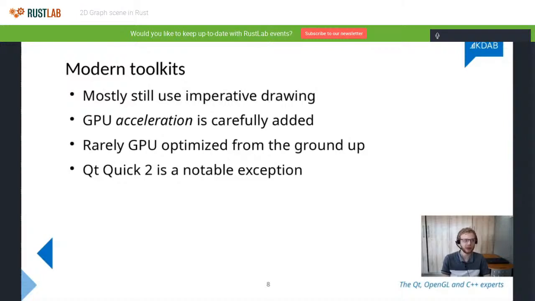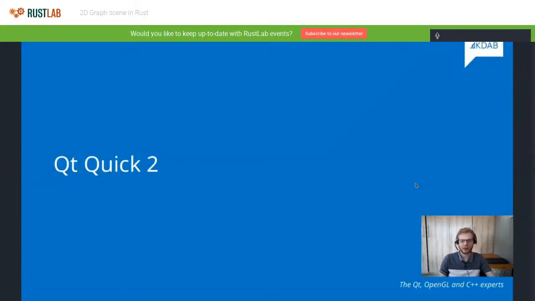I'm not sure if they're still working on it, which is basically the experimental Mozilla browser, which is optimized from the ground up for GPU rendering. And as far as I can tell, it uses roughly the same concept as Qt Quick 2, although I haven't really been through the code. But yeah, I do think this is the superior approach for GPU-centric stuff.